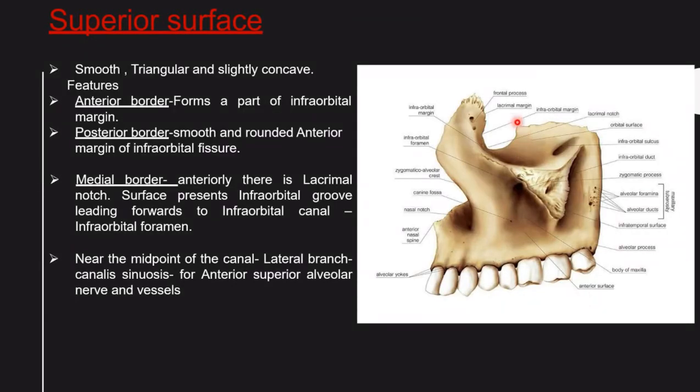And once again, if you see this bone as it is, this is the frontal process of maxilla. This is the infraorbital margin. So the orbit is forming the roof of this particular maxilla. This is the zygomatico-alveolar crest. This is the canine fossa, as I told you, so levator anguli oris is the origin for this. This is the anterior nasal spine. From here to here you draw a line. That is the anterior epistaxis. This will become the posterior epistaxis.